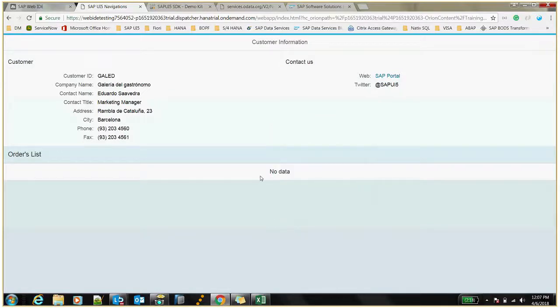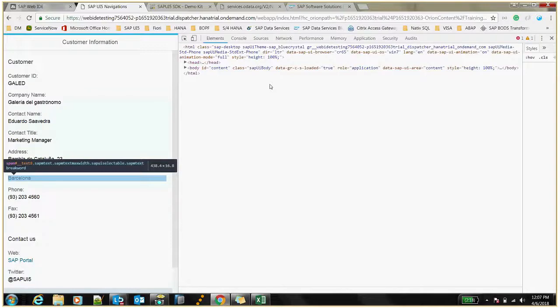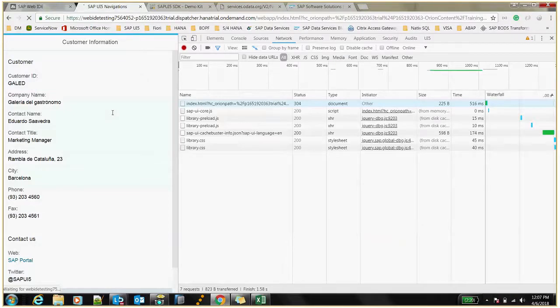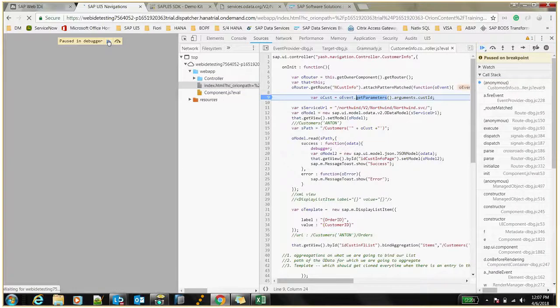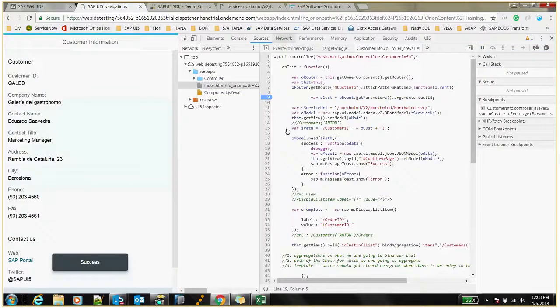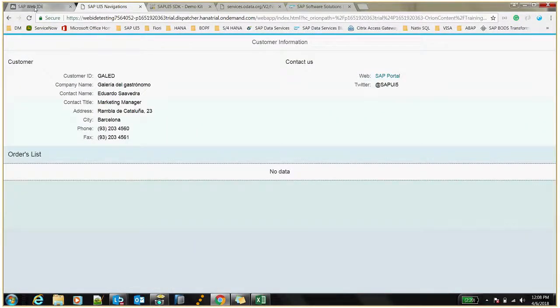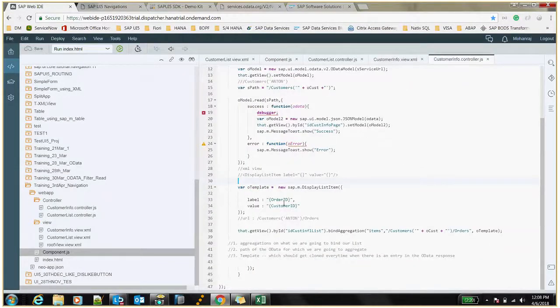We did not get any orders list. Let me check why we didn't get. Should we write it as slash? Maybe we're missing slash in label and value. Yeah, let me check why. Go to the controller. Here we have the ID, customer ID, orders, bind aggregation. It is our list. Order ID. Let me put